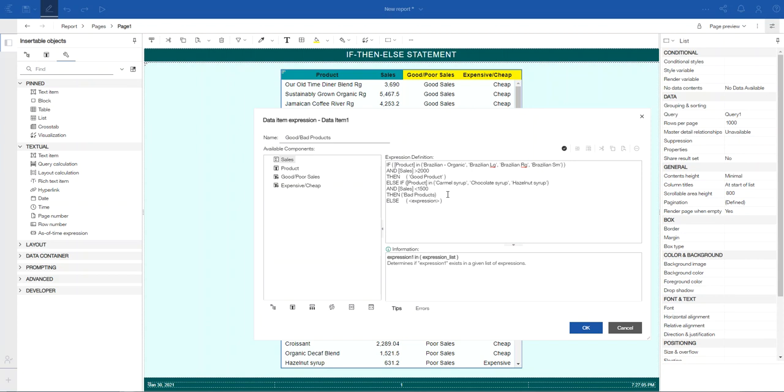Again, keep in mind this is only an example. Then bad product, else everything else should be